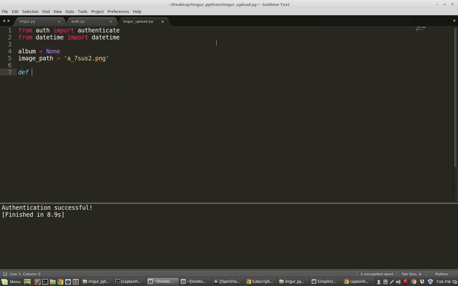And now what I'm going to do is I'm going to create a function called upload_image, and this is going to take a client object. Alright, so the first thing that we can do, we can put in a little comment here that says uploads an image to imgur. Alright, so what we're going to do first is we're going to create a config dictionary,